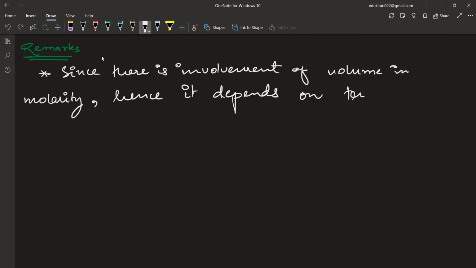That means if I decrease the temperature, the volume is shrinking. If I increase the temperature, the volume